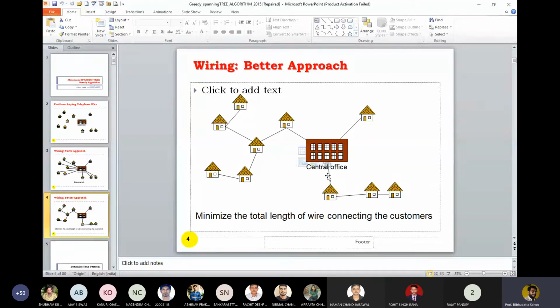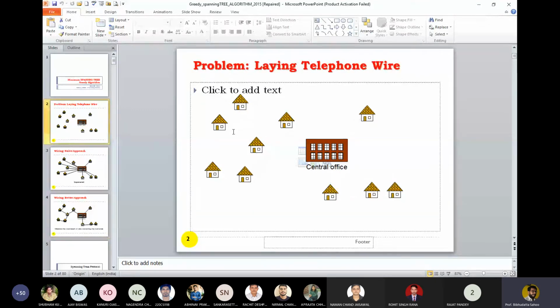In the spanning tree problem, my objective is to decide the cable network and how to connect. You want to lay down the cable. Maybe it is a water pipeline. Maybe it is a cable network. The objective is to minimize the cost of the cabling. So which topology will we follow in the network?